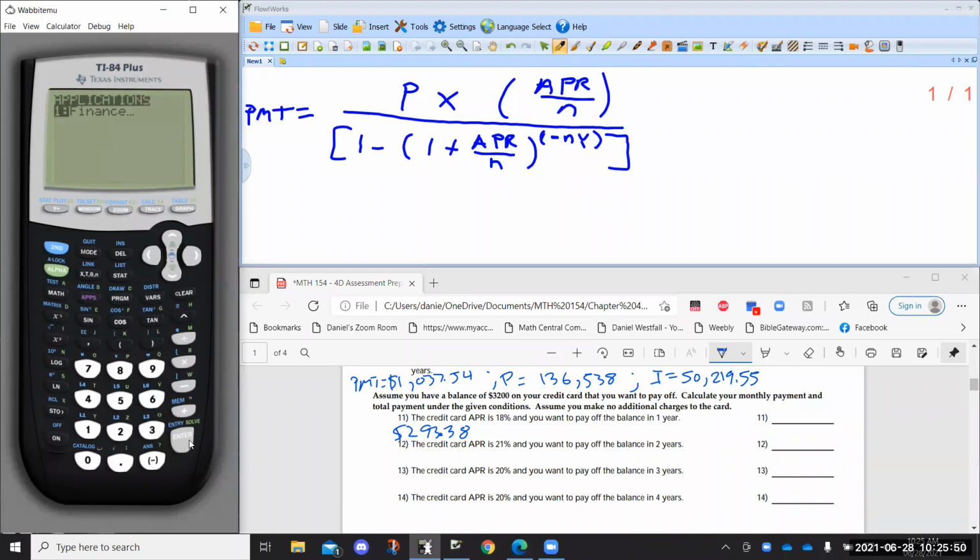Let's get the variables here. N times payments. It's going to be